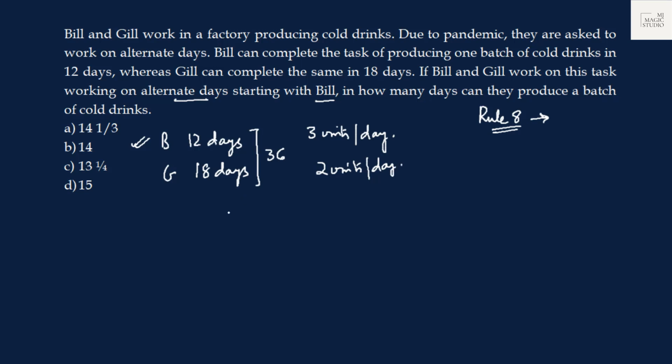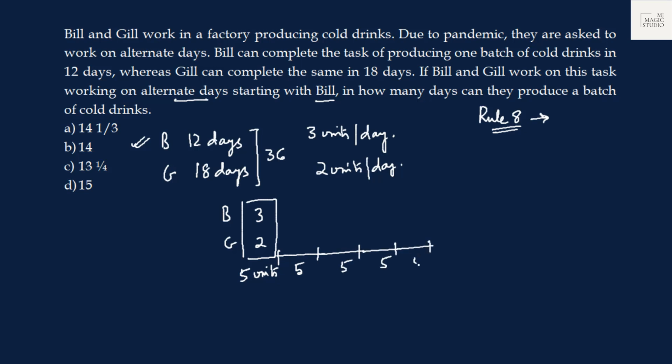Now we need to make the work schedule. First Bill will come and then Gil will come, and they would be working on alternate days. That means Bill will come and produce 3 units. Then Gil will come on the second day and produce 2 units. That means every 2 days, 5 units are produced. Next 2 days, another 5. Next another 5, 15, 20, 25, 30 and 35. So 1, 2, 3, 4, 5, 6, 7. 7 into 2 is 14 days. At the end of 14 days,